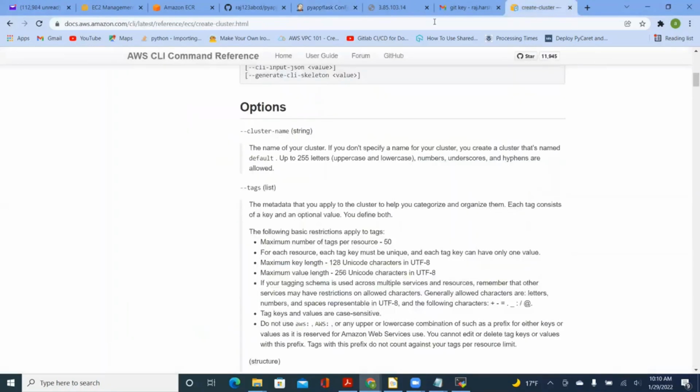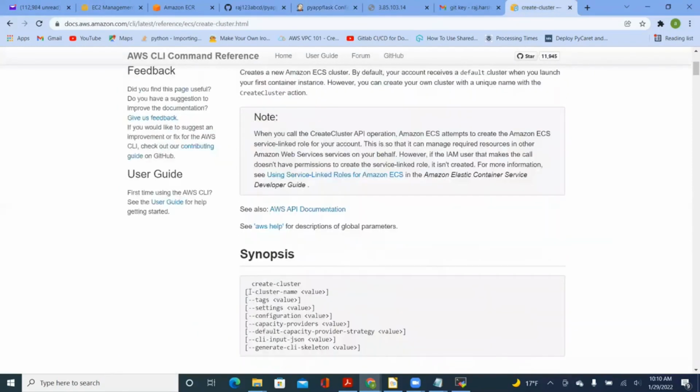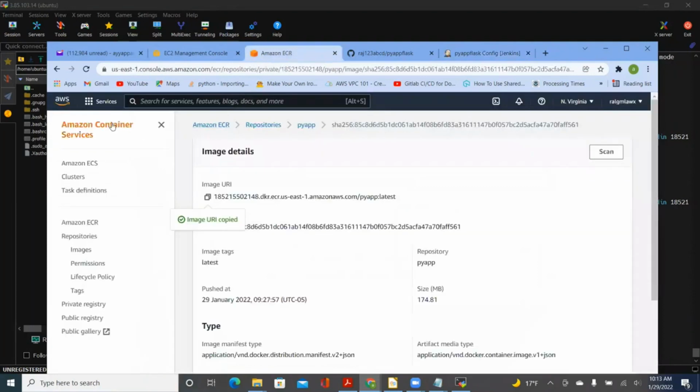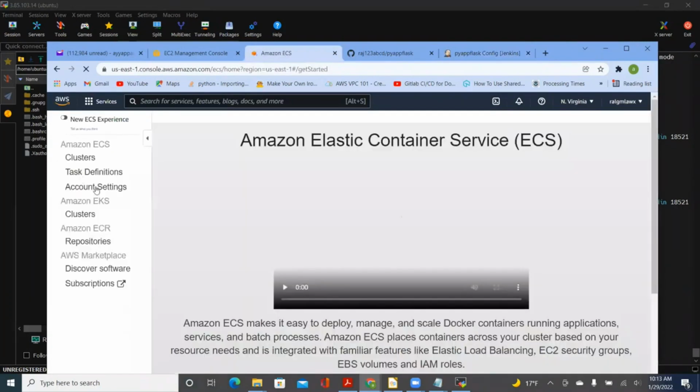If you see, you can always refer to that, all the options we give with double dash. Actually, we could have created the original cluster using the create cluster command. So here we need to give the cluster name. We need to specify the cluster. The cluster name, if you go to ECS clusters,